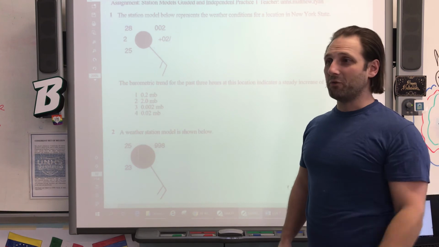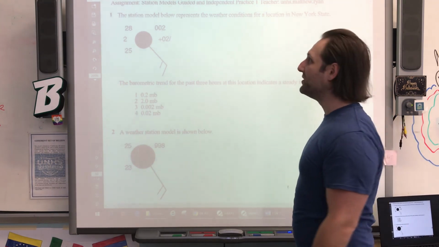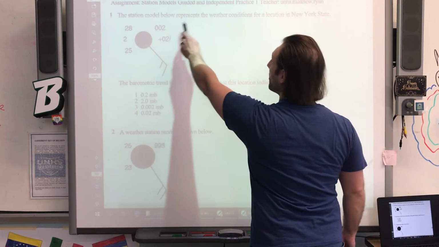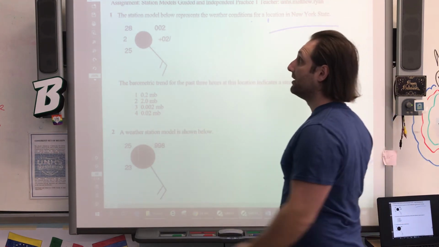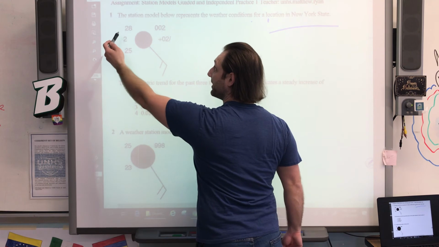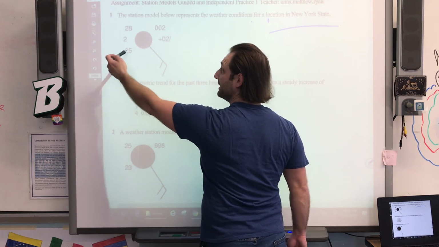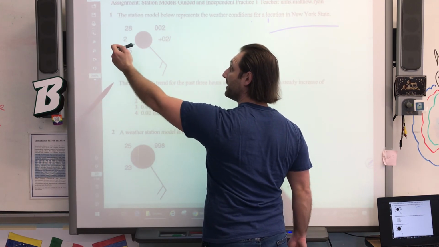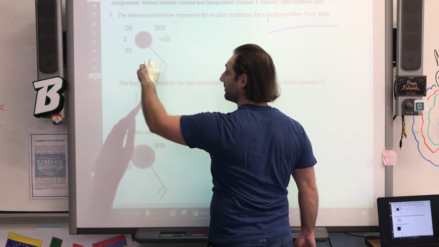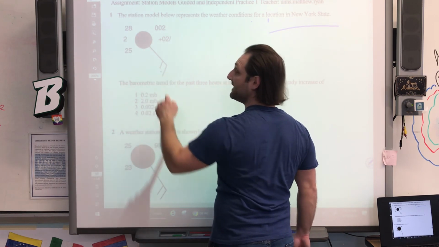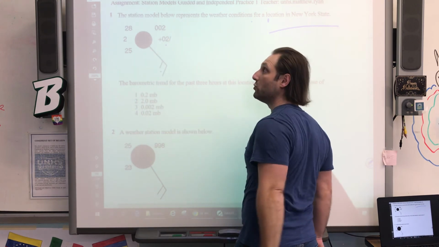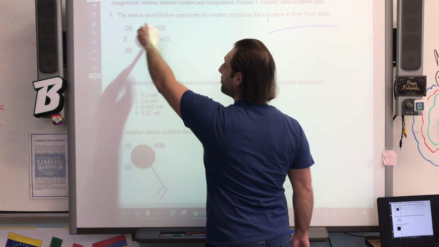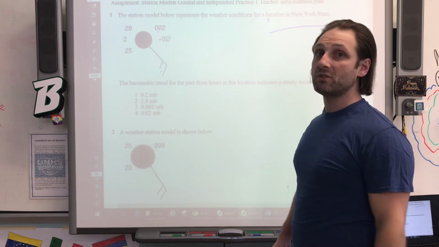Okay, so hopefully you've unpaused and now we're back to go over these ones. So we've got the station model below represents the weather conditions for a location in New York State. So we've got 28 degrees Fahrenheit, we've got 2 mile visibility, 25 degrees Fahrenheit dew point, 100% cloud cover. We've got 15 knots from the southeast. We've got increasing pressure by 0.2 millibars. And we've got a total pressure of 1,000.2